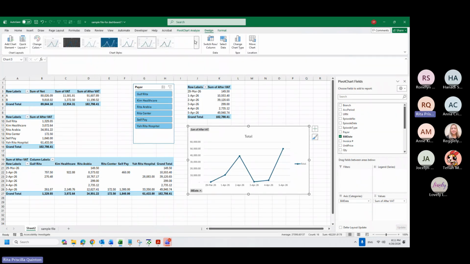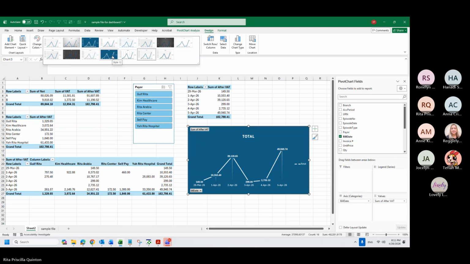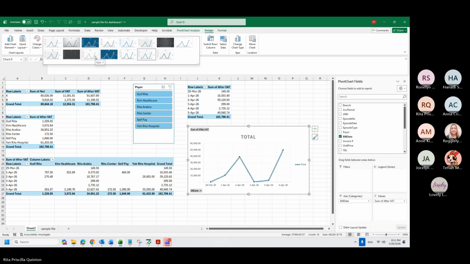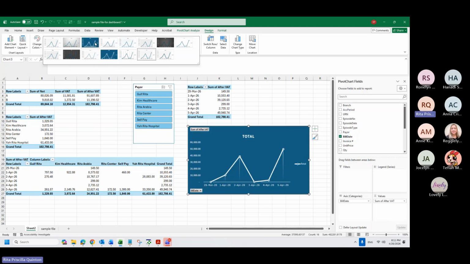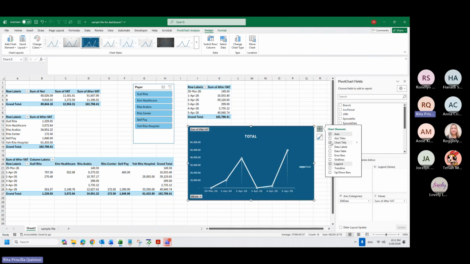In the design, I can pick a design, then I can remove any chart element that I want. Also, I can add the amounts.